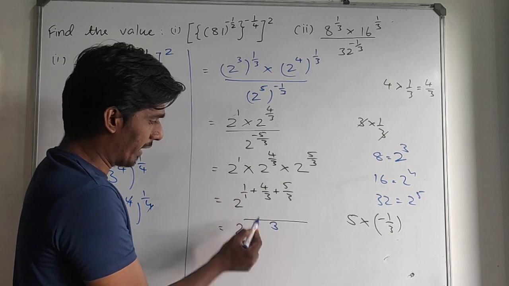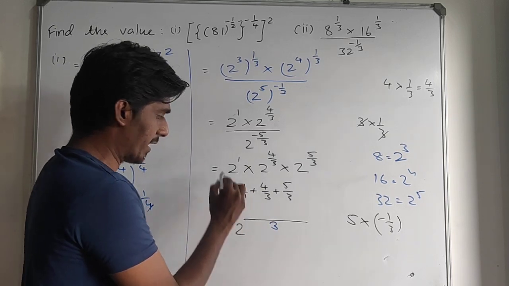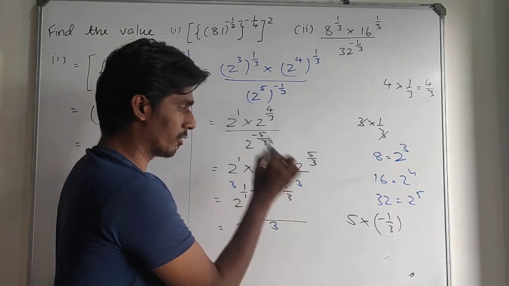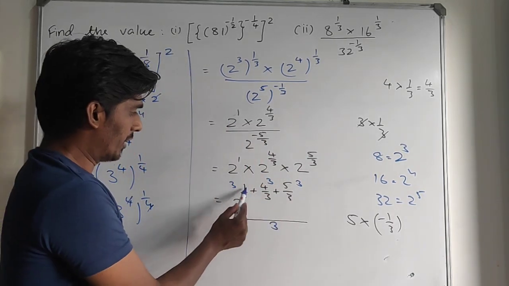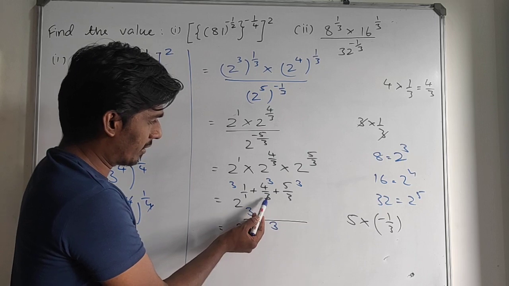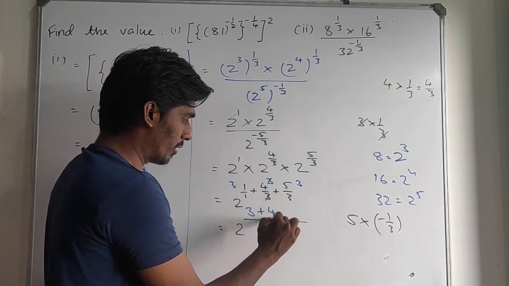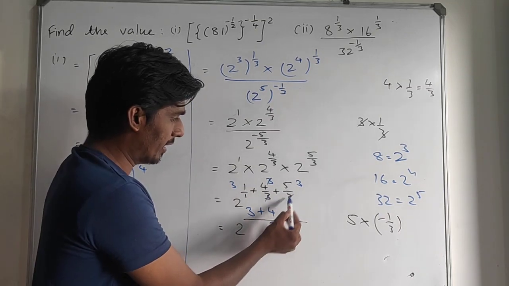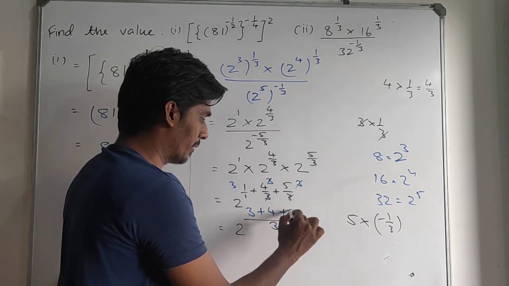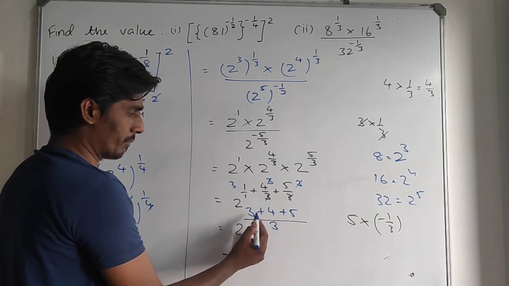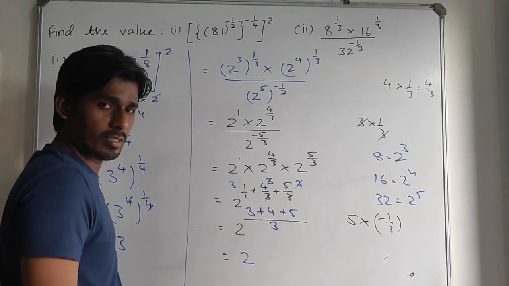Now the next thing you have to understand. If you don't know what to write here, just assume that whatever LCM you get, multiply it with all three fractions. So 3 ones are 3. Here 4 by 3 multiplied by 3, the 3 and 3 get cancelled. It's 4. Now here this 3 and 3 get cancelled. What is remaining here? 5. So this is the way I got the number here. So 2 raised to 3 plus 4, 7.